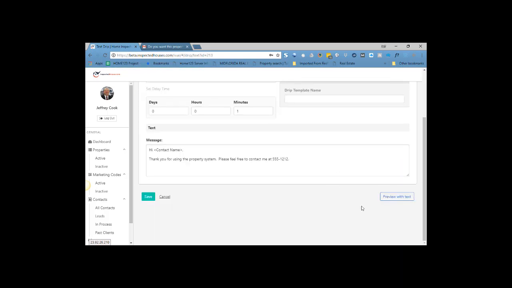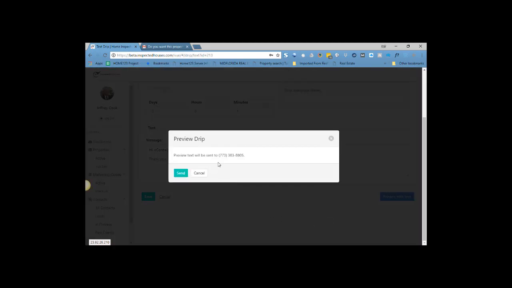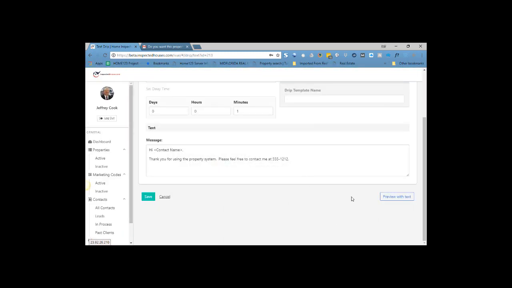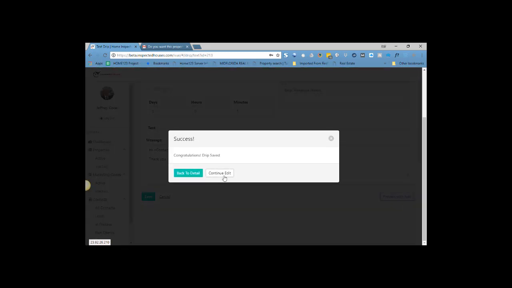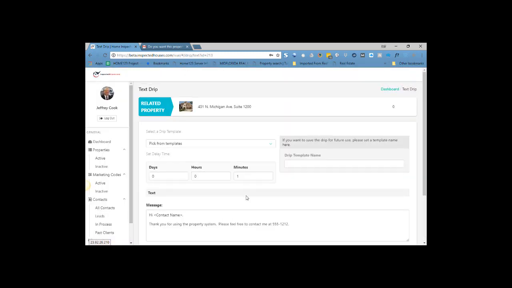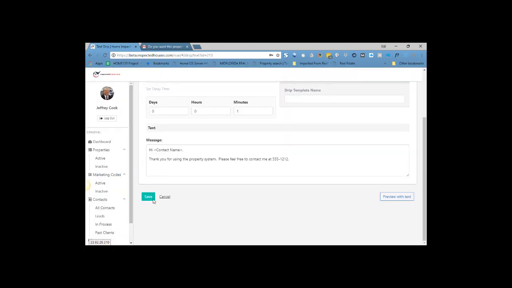If you want to see what that's going to look like, you can preview the text, and it's going to send it to your phone number. I'm going to send that, and it'll shoot me a text message so I can see what the customer is going to see on their phone. Okay, let's save it again. I'm going to continue to edit for just a second. Whoops, wrong button, sorry. We go back to save,